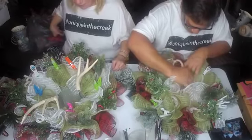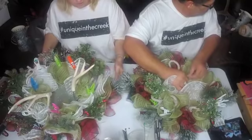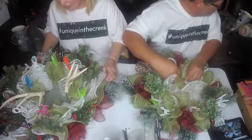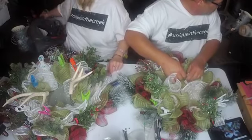So I want to have, see, I want a bow on each side, so no matter what side of the centerpiece you look at, you see the same thing. So I'm going to put...